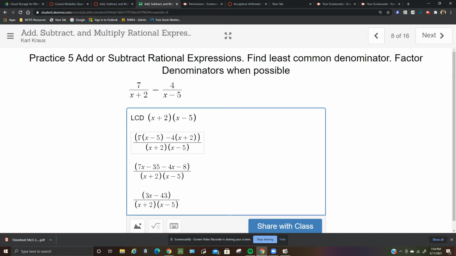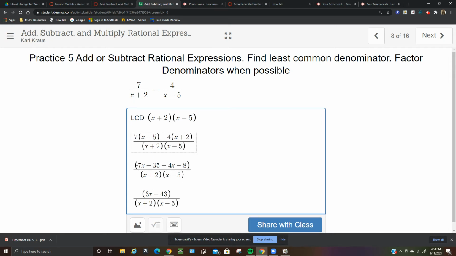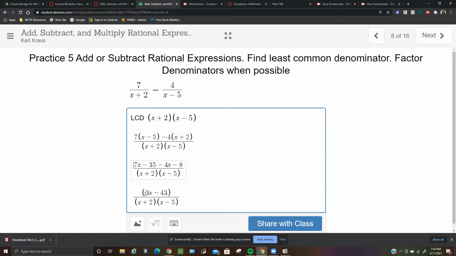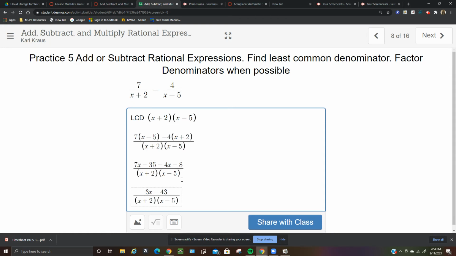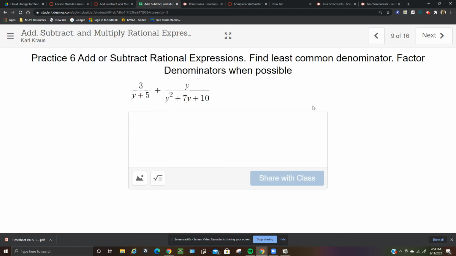And you can take these parentheses away in the numerator if you like. I wouldn't have them if I was writing it out with pencil and paper, but because I'm using the equation editor here, I need to put the whole numerator in parentheses in order to get this to look like a fraction bar. And then